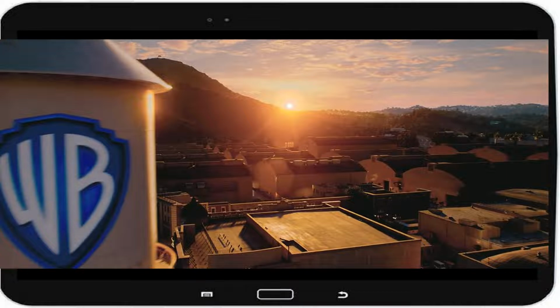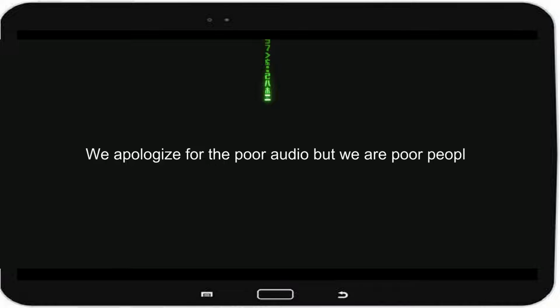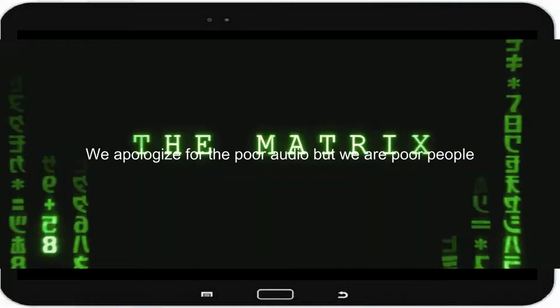From the start of the Resurrections Matrix, we see that something is different. The Warner Brothers logo is now in full color, a taste of the Matrix to come. A single line of code falls, reminding us that the Resurrections Matrix has to be decoded, line by line, image by image.